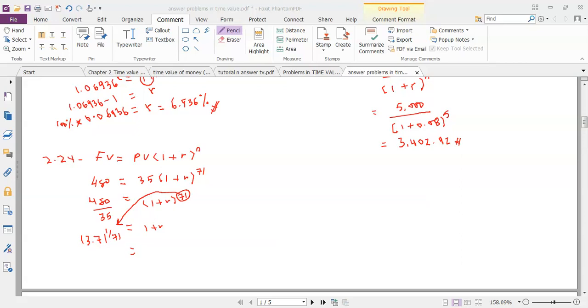Okay, letak pecahan ni. Nampak tak? Tu. Okay, and then over to 71. Okay, 71, and then put another bracket. Okay, close bracket. Okay, and then is equal to, just click the equal there, and then you will get